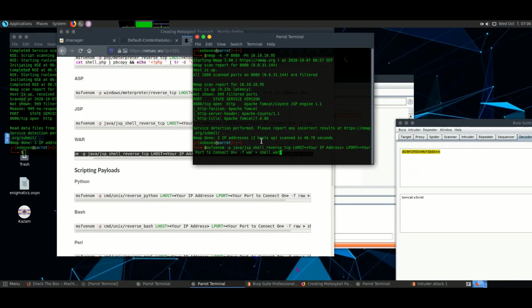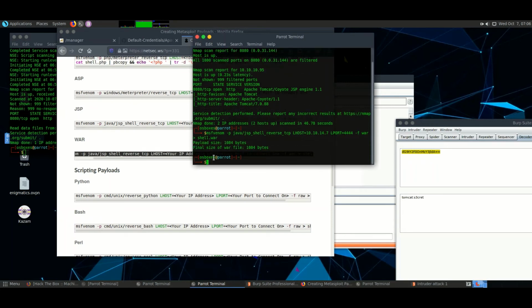We'll edit here like lhost and lport. As we know, lhost is 10.10.14.7. I checked before, and we'll set lport as 4444. It's making a payload here. Done. So we are good to go here.